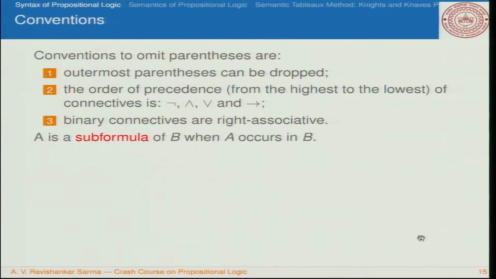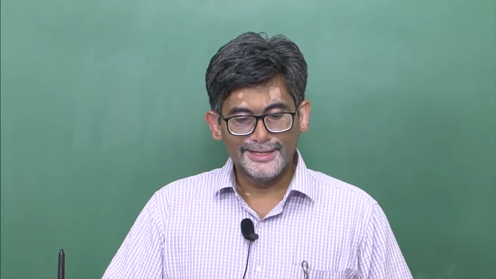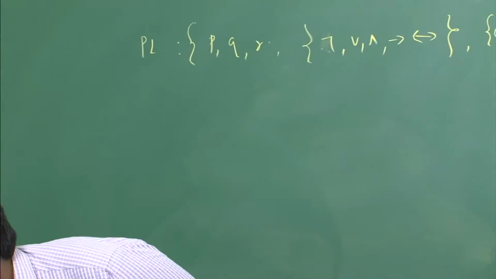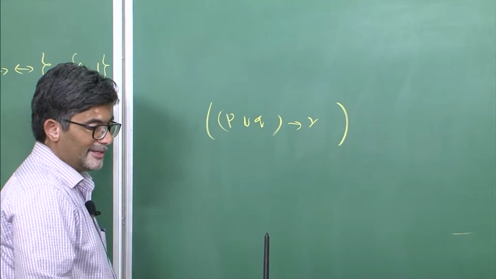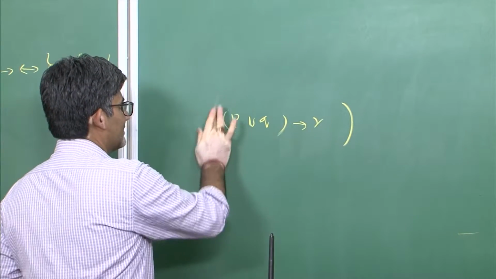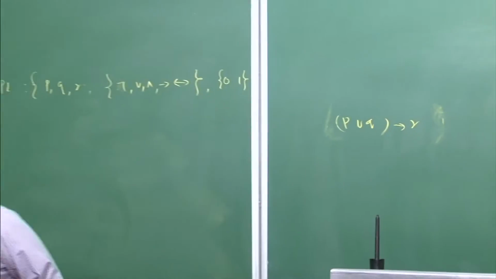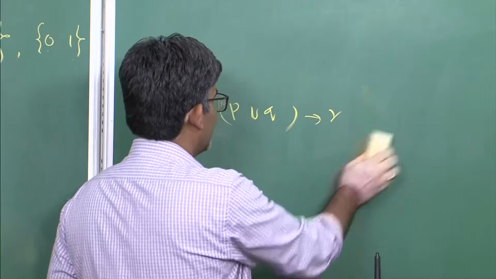There are some conventions that we follow in the case of propositional logic, and these are like this. We do not use the outer parenthesis excessively, etc. You can just simply remove it. For example, you have a formula like this, P or Q implies R. You do not have to use these outer brackets, and you can simply write it as P or Q implies R. So outer parenthesis can be simply removed from this one,